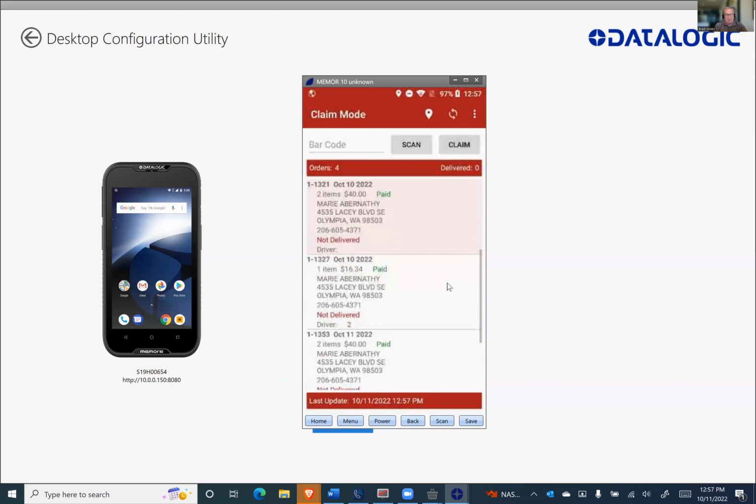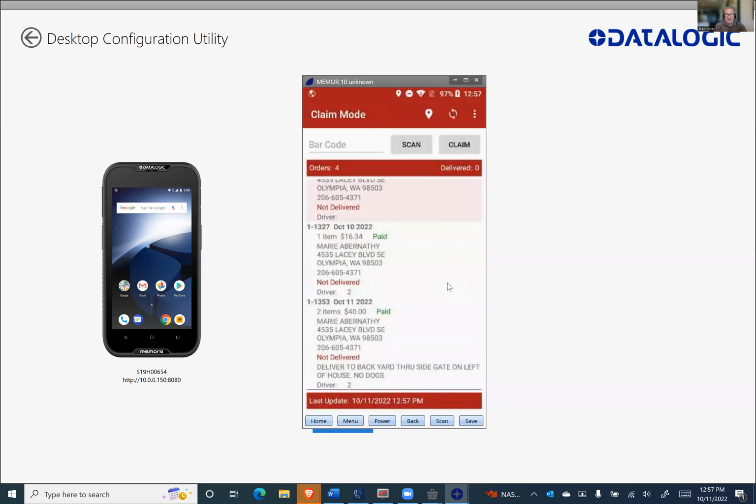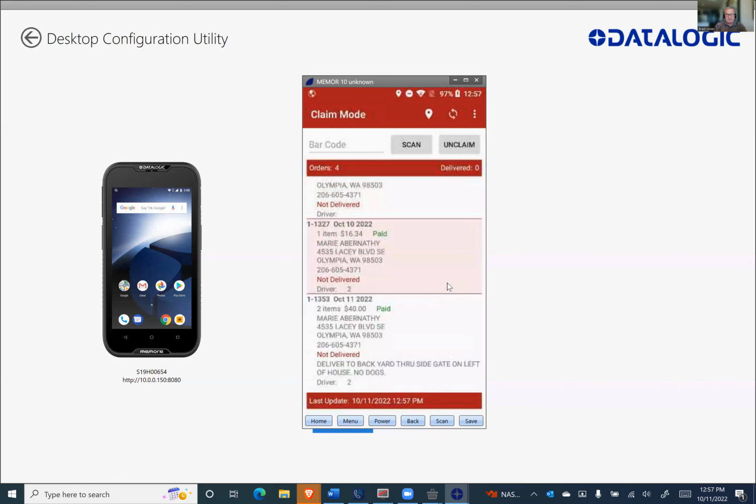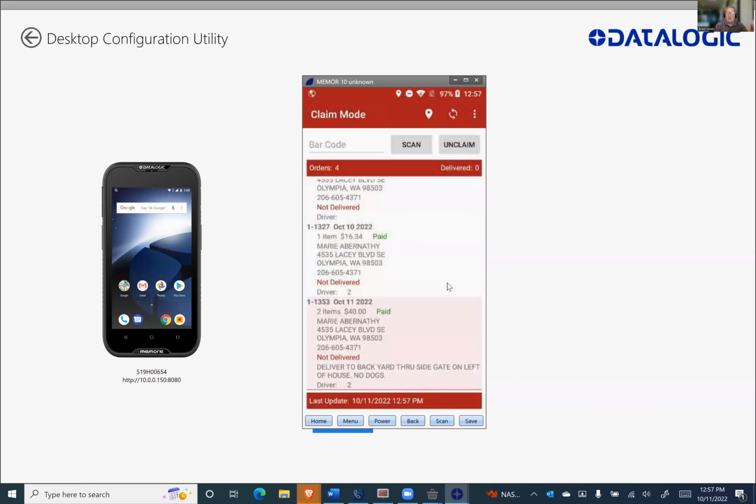I can unclaim that one, and then this one is claimed and this one is claimed. And so now, and I would do this before I leave the store, now I'm only taking the orders that I'm actually going to take, and another driver can claim the orders they're going to take. Okay, so let's look at what this all looks like on the back end in